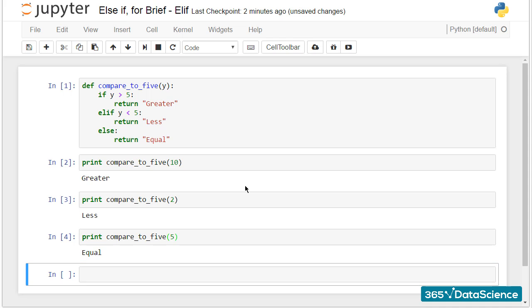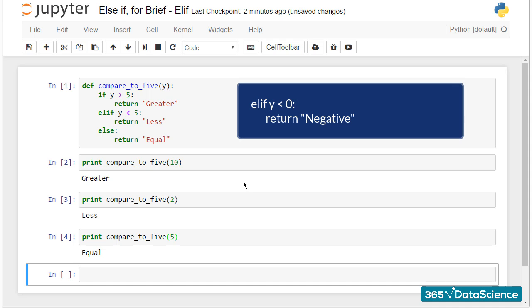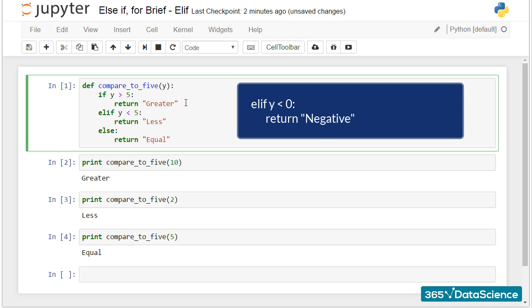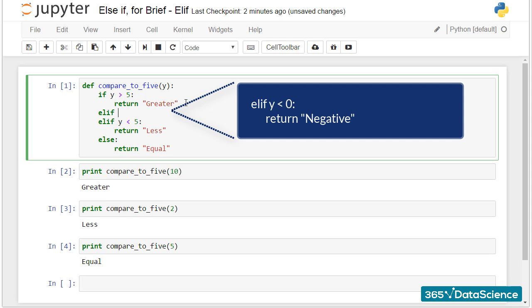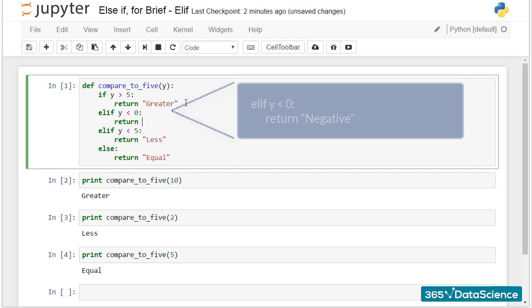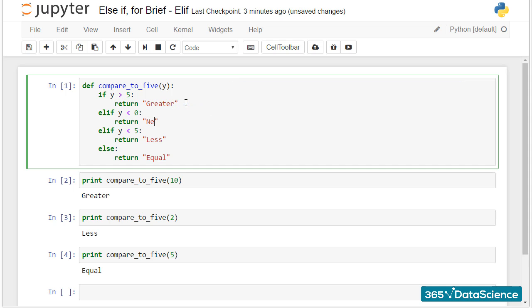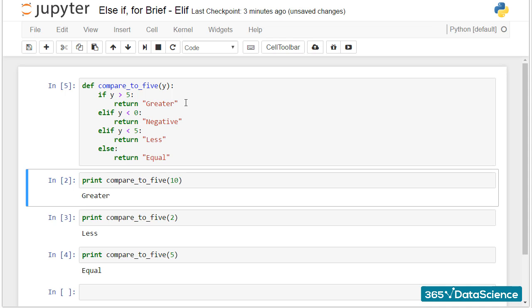Let's provide an example. If y is less than 0, the string negative should be displayed. I will place the block between the if and the other elif statement. Let's see what happens.